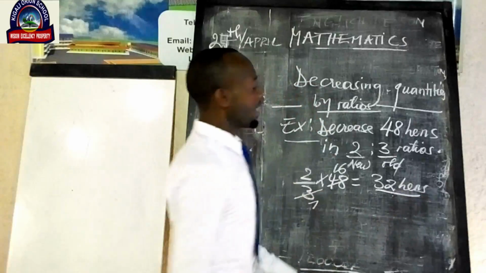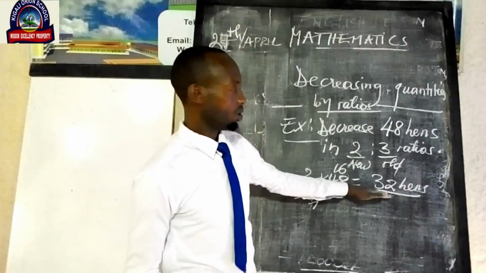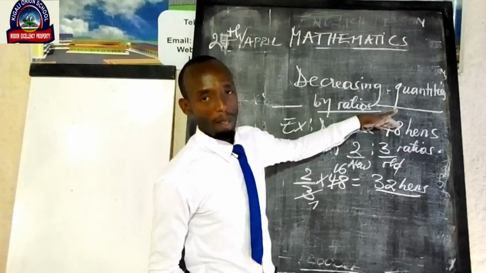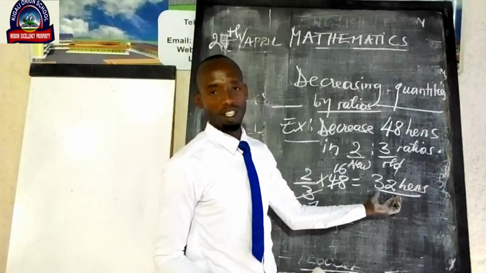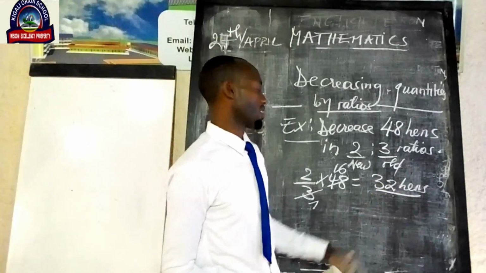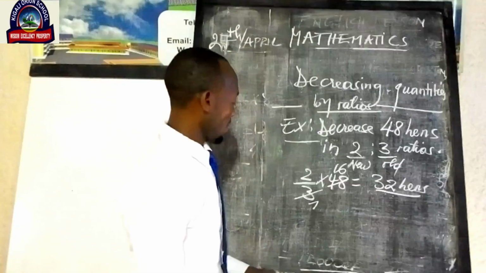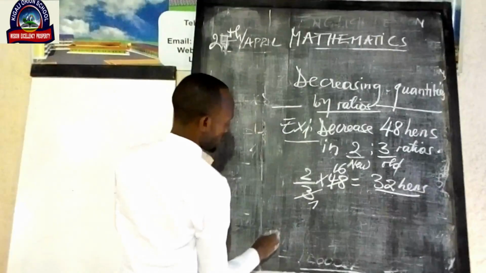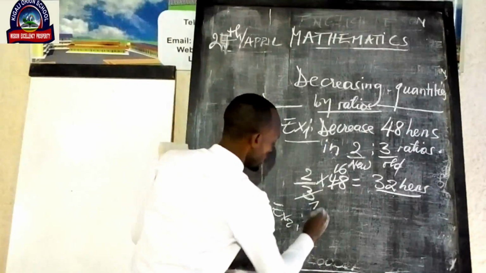By comparing the first quantity with this one, you see that before there are many hands, but for the second one there are few hands, where we have 32 hands. So there is what we call decreasing. That was example number 1, now example number 2. Increase